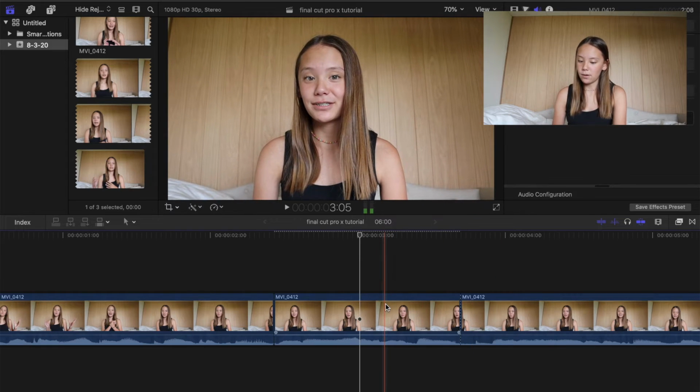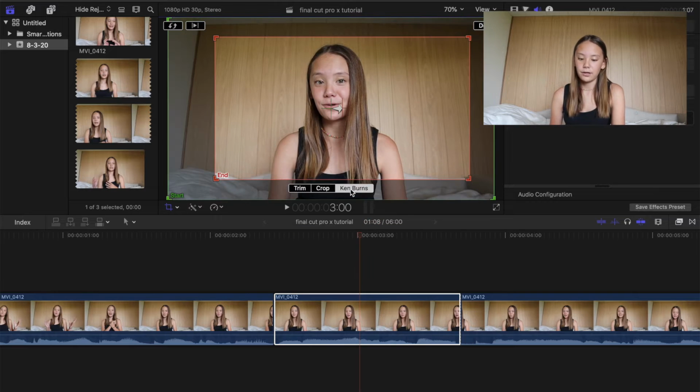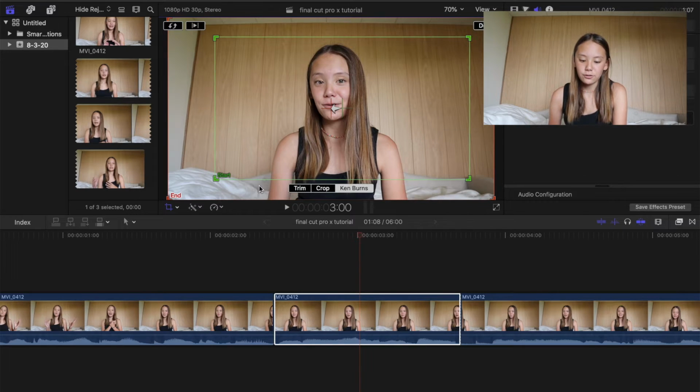And then to do the opposite, you'll do the same thing, which is click your clip, crop button, and then go to Ken Burns. But you have to go to this top corner here, and you'll see these little arrows, and you just click that, and it'll reverse the boxes, so then it'll start zoomed in and then zoom out slowly. The last thing for this basic topic is tracking,